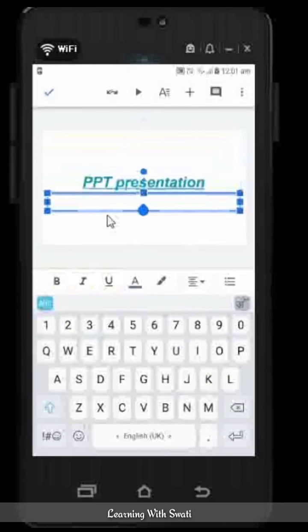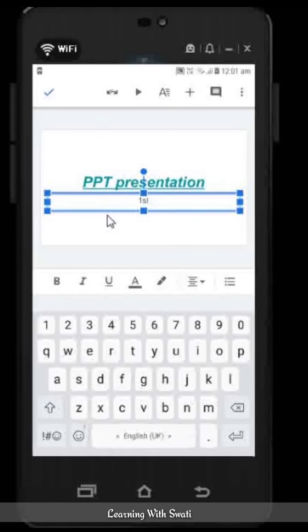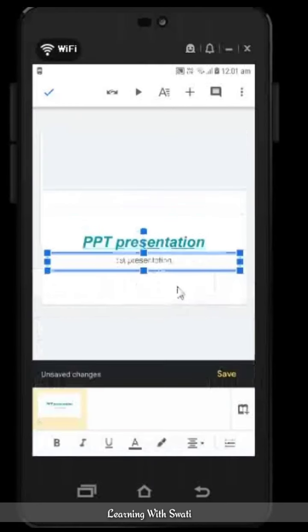You can add the subtitle also. First presentation, and you can give different effects to this subtitle also.